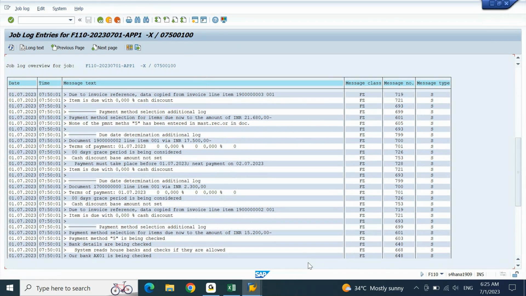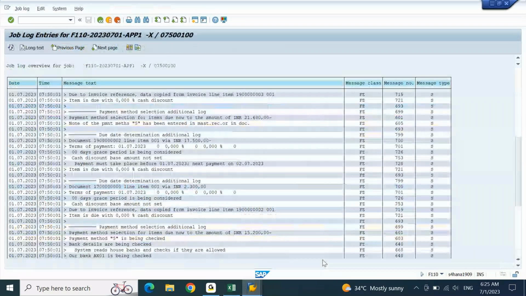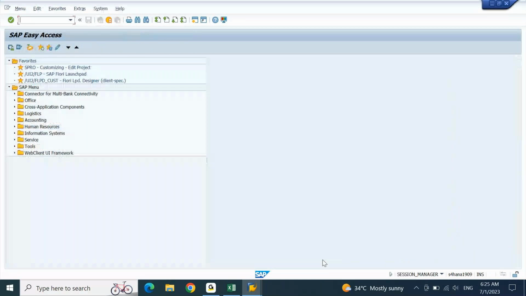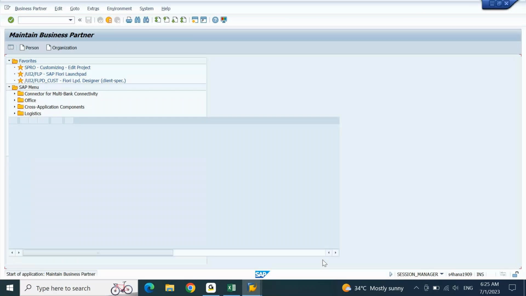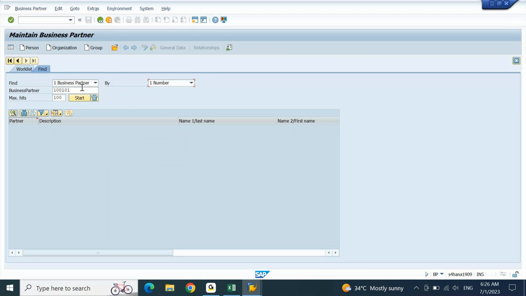So now it has become a little tricky, a difficult part to understand why the system did not pick up any outstanding from that vendor account. Let us open this. This vendor account is 1000590. What I am going to do, I am going to open business partner, BP, business partner search based on the BP number. 1000590 is the vendor code. Open this vendor code,